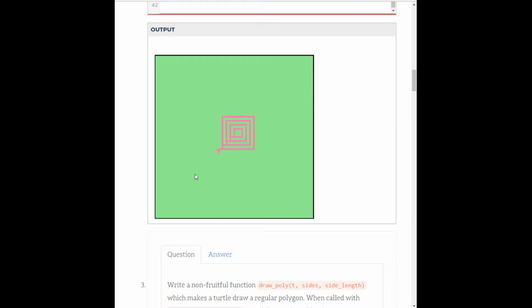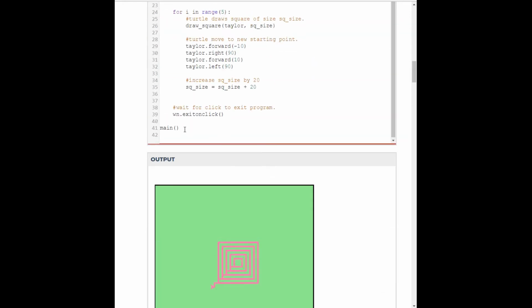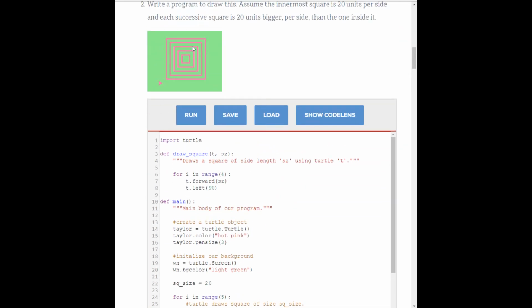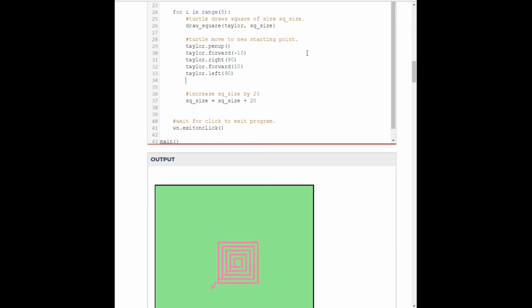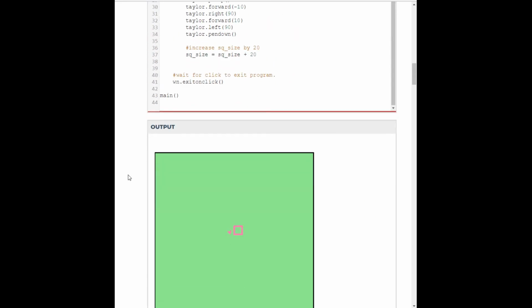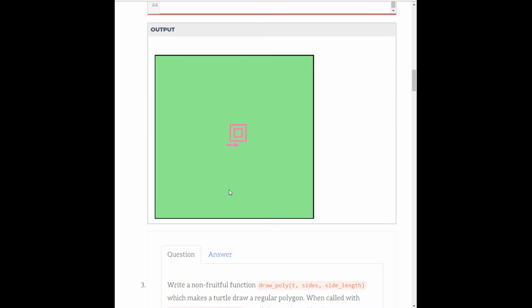At the end of this, we get these 5 squares, and it looks fine and cool, right? But it doesn't match exactly what the specifications asked of us, and that's an easy fix. All we have to do is, before we move our turtle to his new starting point, we pick his pen up. Again, you can use just up. It's the same function, the method calls the same function, so you can do that. And then when he's done, just put his pen down. So pen down. Alright, now if we run it, we will get something that is an almost exact replica of the original